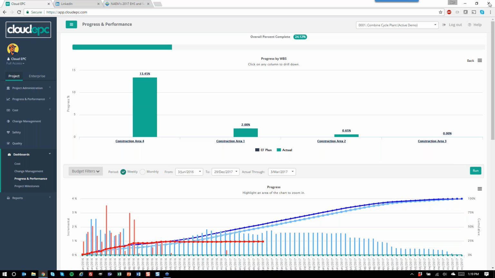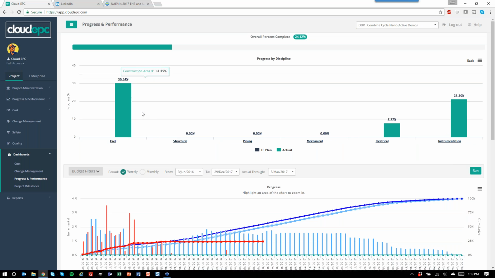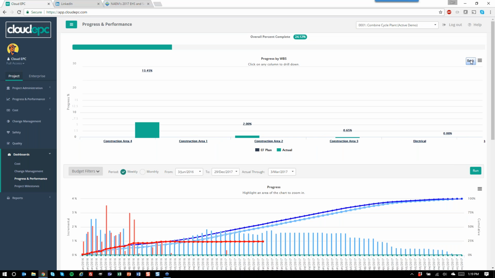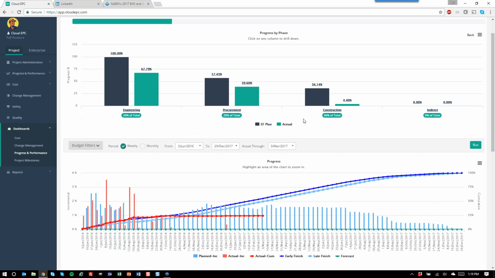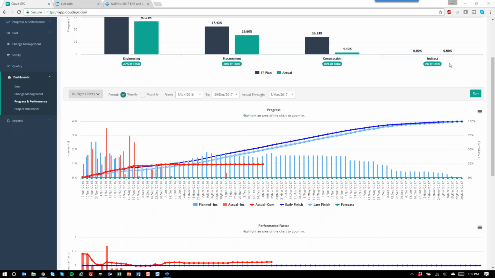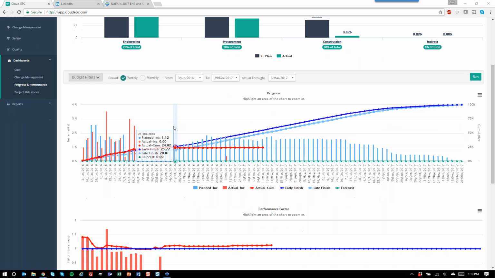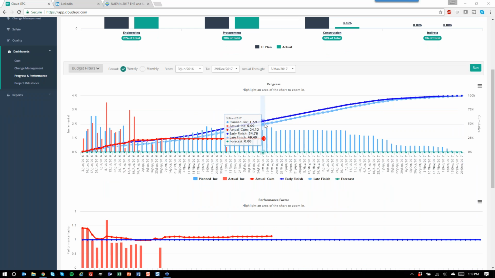You can then have drill down functionality from there if you want to get a little bit further into the early and late finish, and then from there you can even drill down to your discipline levels. So you can see how our dashboards are very interactive for variance analysis. We also have a traditional, industry-known three-part curve, if you will. We have a progress curve which shows the early and late finish plans as well as your actual percent complete, which is tracked by the previous module I just showed you, the progress and performance progress items tracking system.